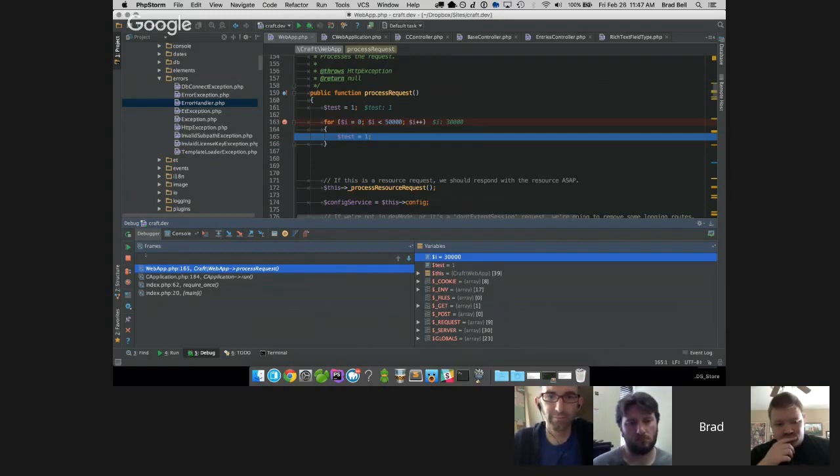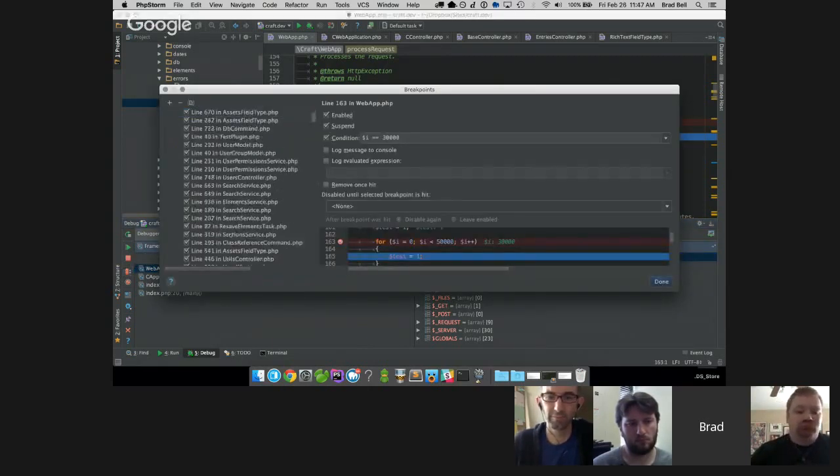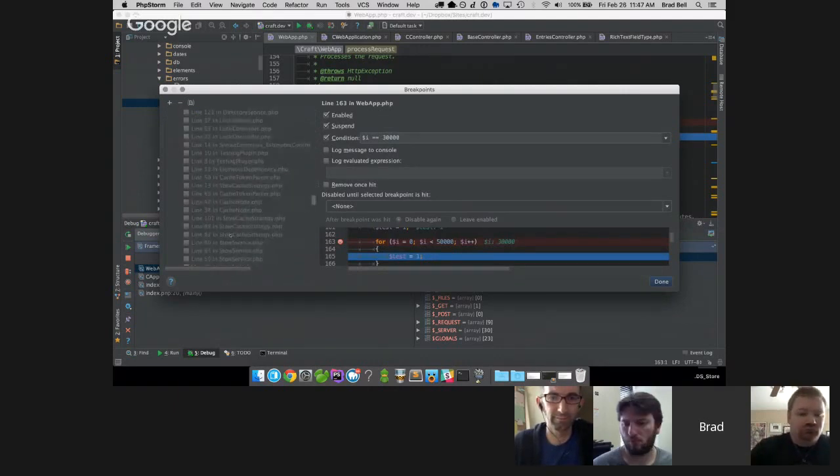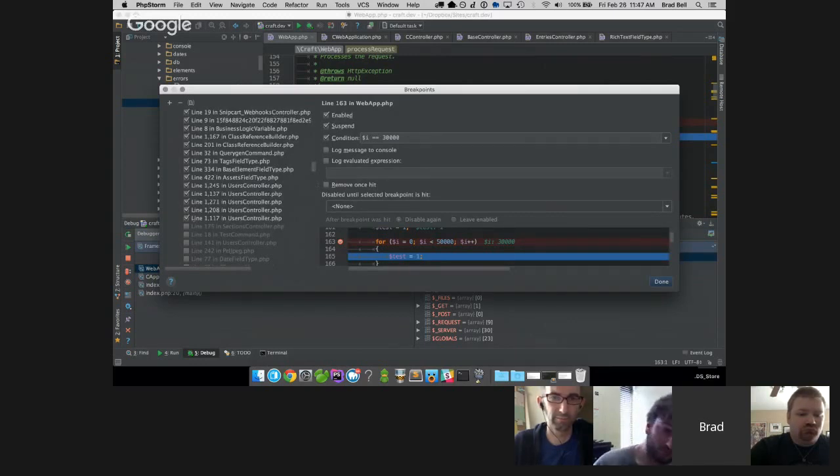What else is there? If you want to view every single breakpoint in your application, you click this button. You can see I've got way too many here. But it's kind of a nice way to mass enable and disable breakpoints. There's other options for breakpoints: log message to console. You can log evaluated expressions at breakpoint. You can remove them once they've been hit once. I honestly never used any of these, but